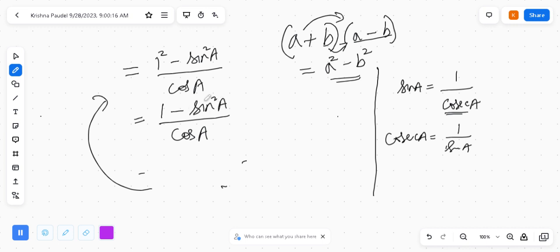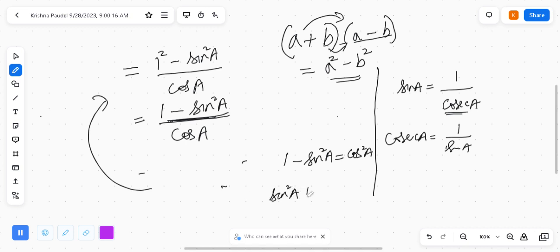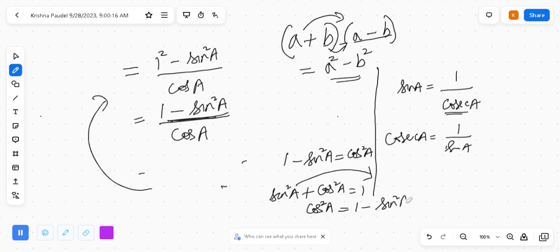So as discussed earlier, whenever we have sine square, we will think about the identity. And where have we seen this 1 minus sine square a? We know that 1 minus sine square a is nothing but cos square a. From where did it come? It came from this identity: sine square a plus cos square a is equal to 1. So if we shift sine square a to the right side, then cos square a will be equal to 1 minus sine square a. So hence in place of 1 minus sine square a, we can write cos square a